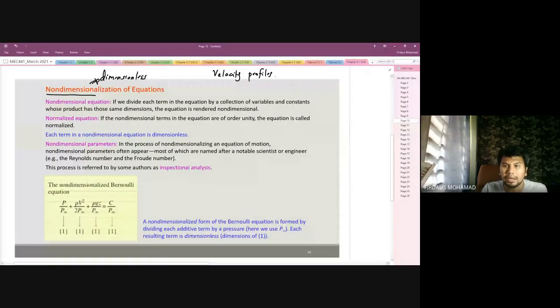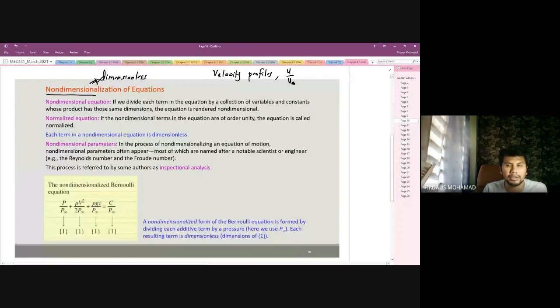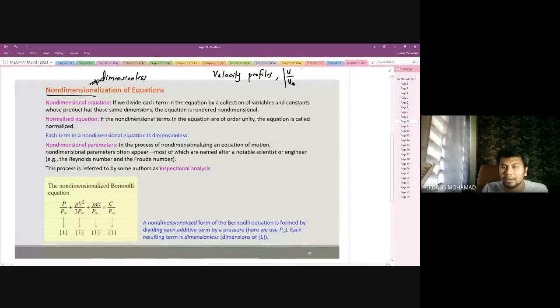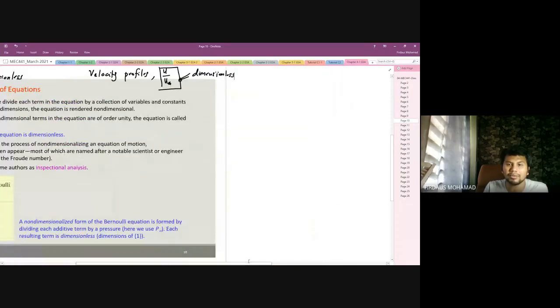okay, velocity profile, kita compare with velocity U over U, apa nama ni? U reference. Okay, ni sebenarnya, ni apa? Inilah sebenarnya kita punya U over U ada dimension ke tak? Tak. Tak ada sebab dia bagi benda sama kan. So this is dimensionless. Dimensionless. Okay, so maknanya kalau kita nak tengok velocity profile, contoh kapal terbang tadi, okay,